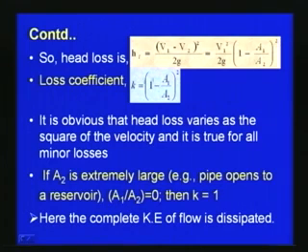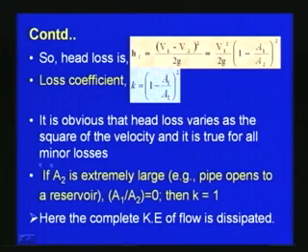Since we have already seen that head loss is represented as k into V square by 2g, if we consider V1 square by 2g as the reference term, we obtain the loss coefficient k equal to 1 minus A1 by A2 all square. So, here it is obvious that head loss varies as the square of the velocity, and it is true for